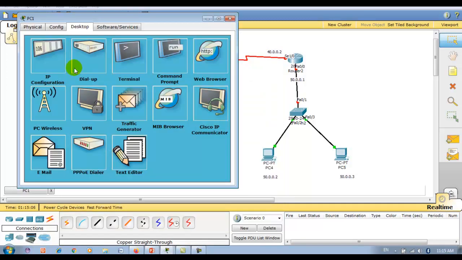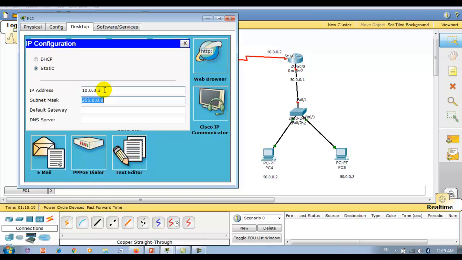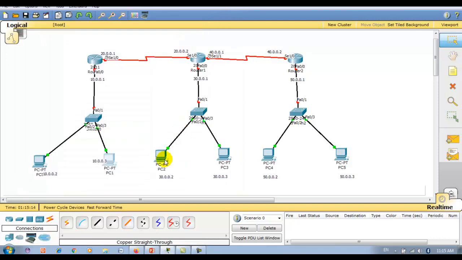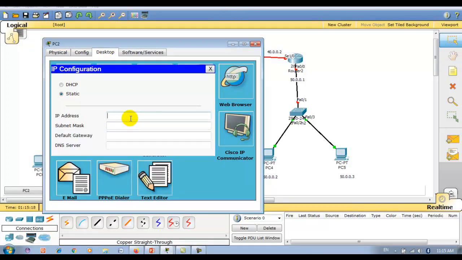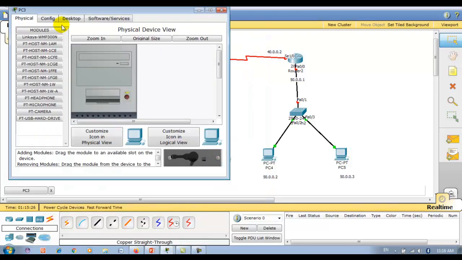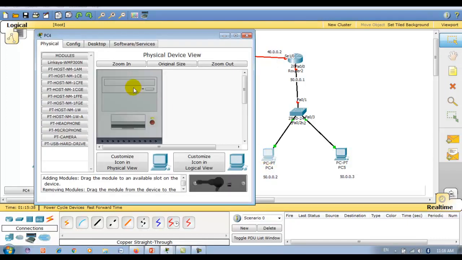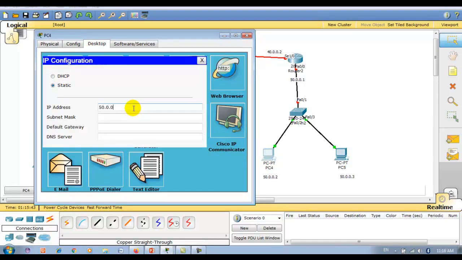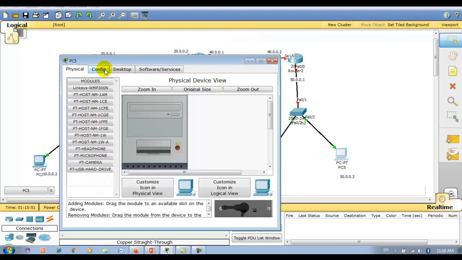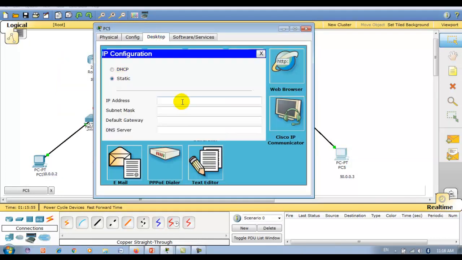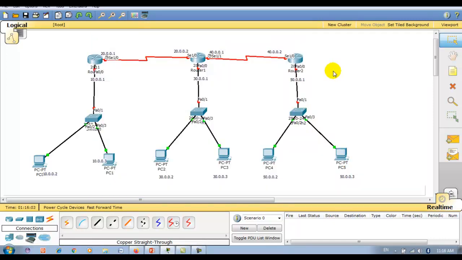Okay, 10.0.0.3 with gateway 10.0.0.1. Then 30.0.0.2 with gateway 30.0.0.1, 30.0.0.3 with gateway 30.0.0.1, 50.0.0.2 with gateway 50.0.0.1, and 50.0.0.3 with gateway 50.0.0.1. Now all the desktops are ready.